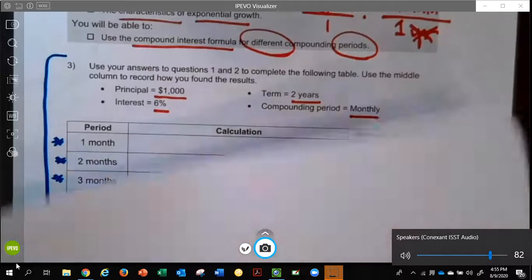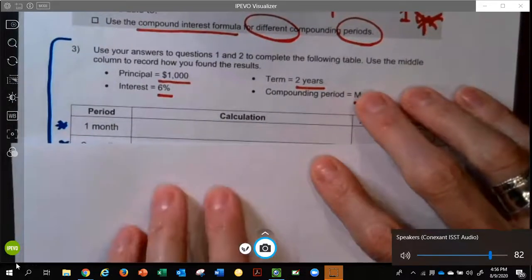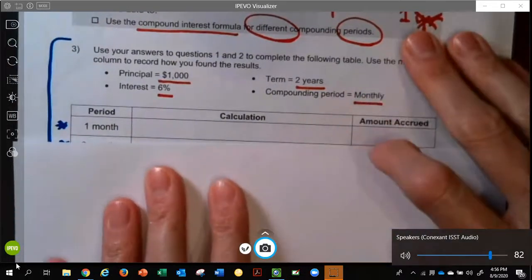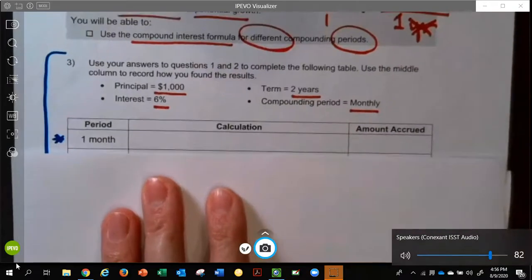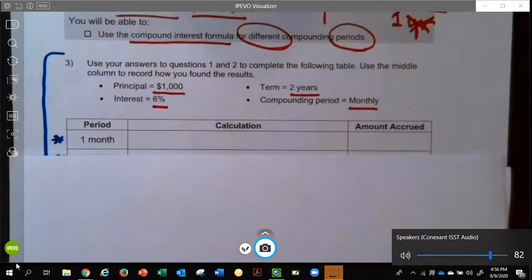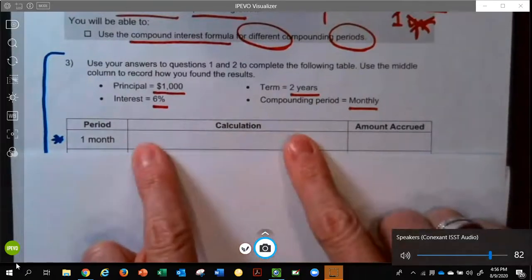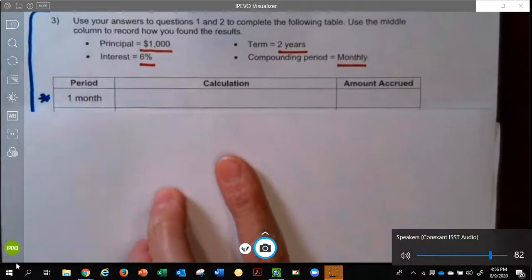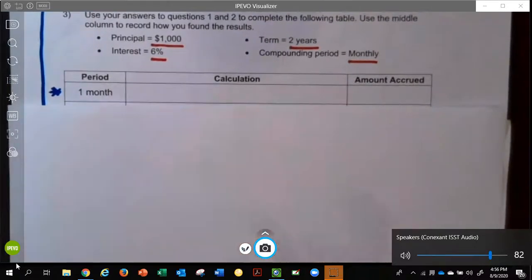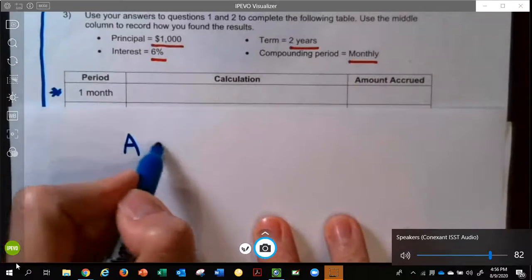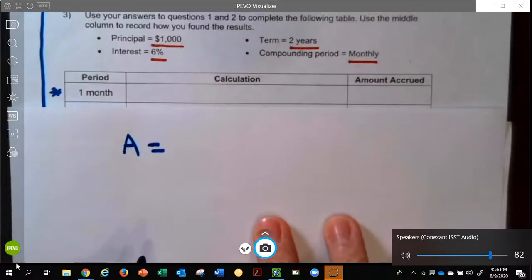And I'm going to write in here for 1 month. What is going on for 1 month? And so what I'm putting on the paper is what's going in this middle portion here in the calculation portion. I just need to write with markers to be on the document camera, and so I can't fit it all in there. But we know from the past that the accrued interest,